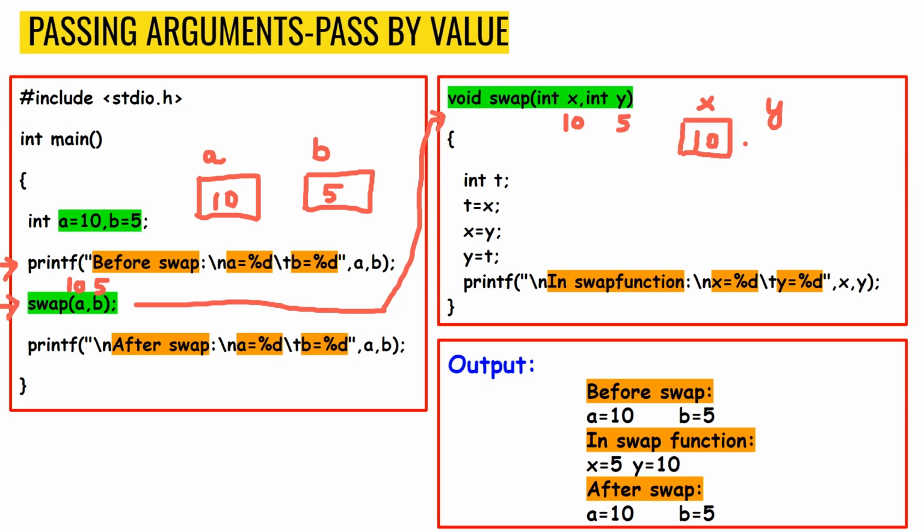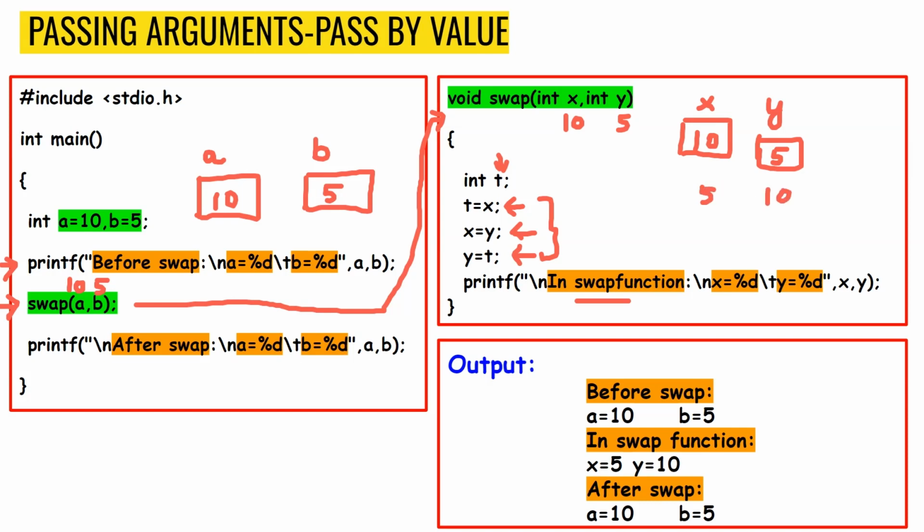Then we are performing the swap logic. We are declaring the temporary variable t. In t you assign the value of x, in x you assign the value of y, and in y you assign the value of t. That way, by using these three steps you are swapping the values. Then in the swap function, it will print the value of x and the value of y. After this function is over, the control will go to the next statement after the calling function,